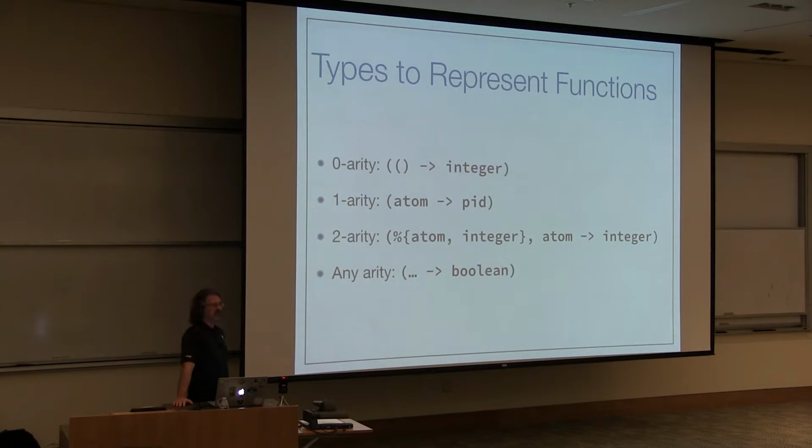And of course, Elixir is a functional language. Functions are first-class citizens. You can pass them as arguments to other functions or return functions from functions. And because of that, you need a way to represent that in your type system. And there's a nice simple syntax for doing so. It's basically, within parentheses, a list of your parameter types, followed by your return type after an arrow. So we've got a few examples here of different arities of functions, so functions that take different numbers of arguments, and what that looks like. And even in the case where you don't really care about how many arguments the function takes, you just want to specify, give me a function that returns a Boolean, you can use this triple dot syntax to express that concept.